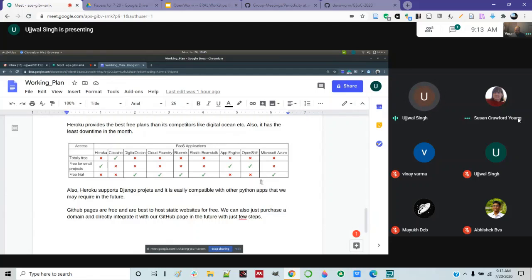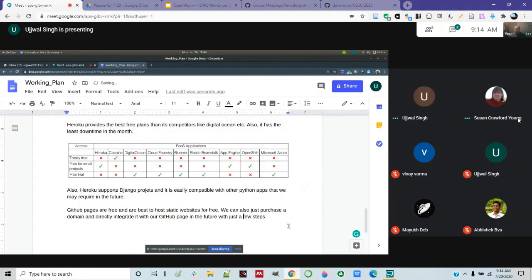Heroku is a very famous platform for small projects. I have hosted multiple projects on Heroku before as well. So this provides a free trial for the projects. It is very easy to connect Django and Flask apps on Heroku. And as you can see, DigitalOcean and all these are charging. And for our purpose, we also don't need any free trial